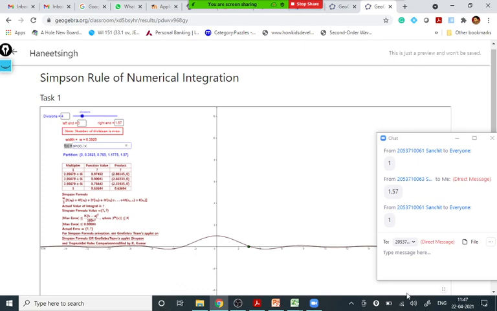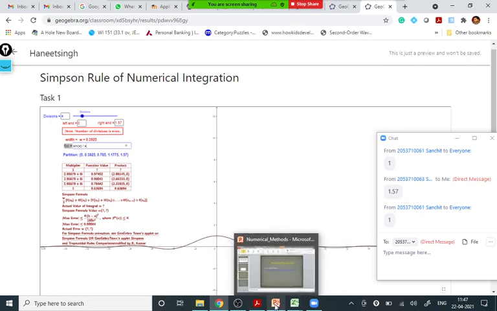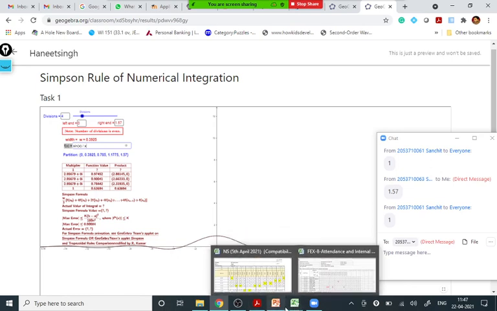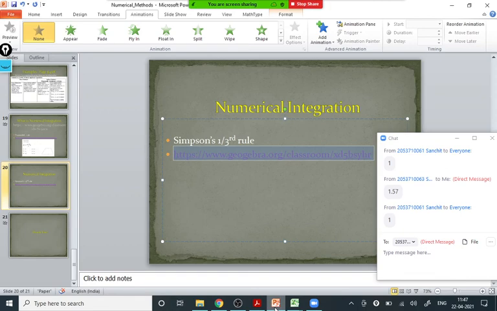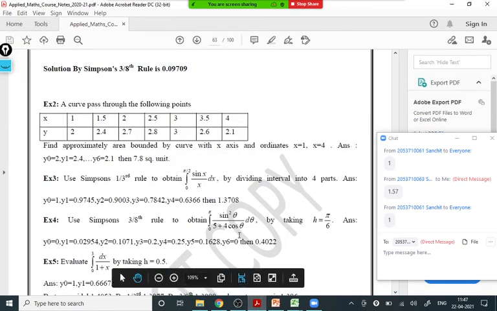Okay, forget it, because this activity is just for your understanding purpose. Important is that we have to do the actual calculation. So these actual calculations, yes, we will do these questions definitely one